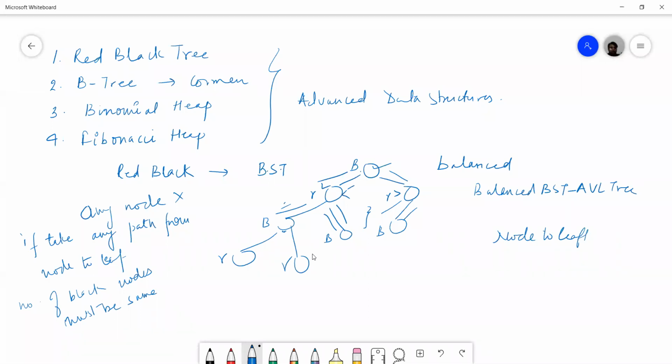After inserting every node, here also we have to check first the color of the node, and second whether after insertion the black height of the tree has been disturbed or not. If the black height of the tree has been disturbed, then we'll apply several rotations, and after applying rotations, we'll get a balanced red black tree.